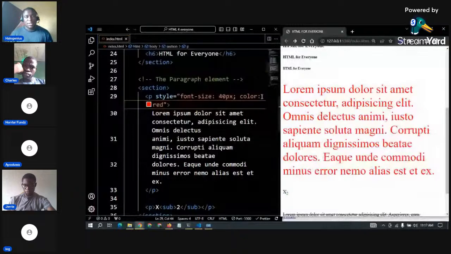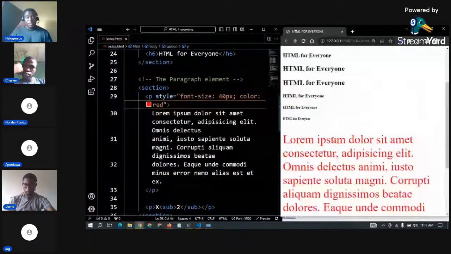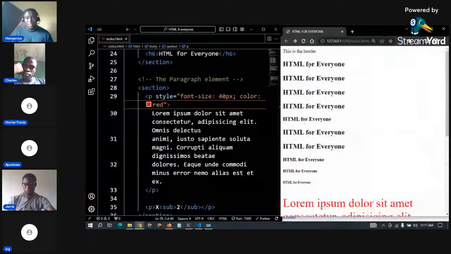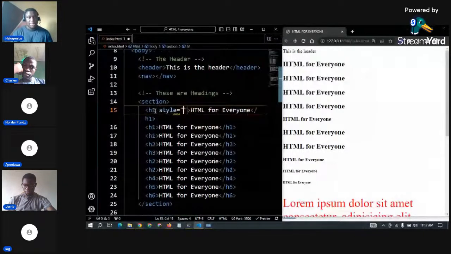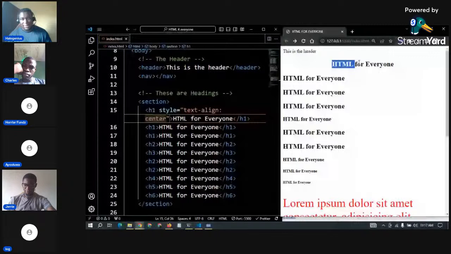I can come to this H1 over here. Since it is spanning through the whole element, I can say this H1 should be aligned center. How will you do that? This first H1 style, I can say text align center. I save this. You can see that the first one, it is now aligned center. Basically, that is how you can create your